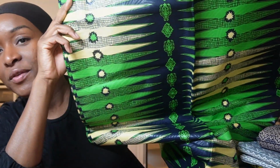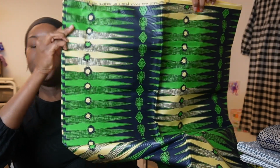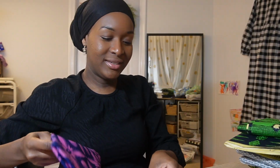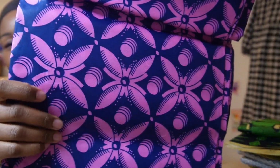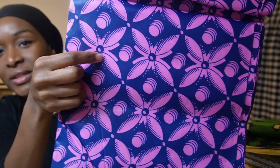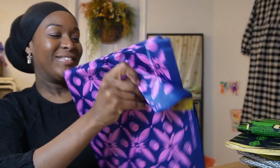And you get this navy background with the splash of green and yellow throughout. I think it's really beautiful. The final one is this print. Such a rich blue in the back with this pink design in front. Oh my gosh, my aunt spoiled me so much, and now I have